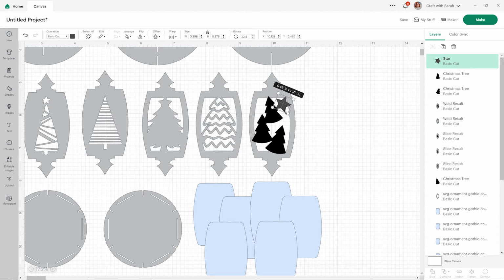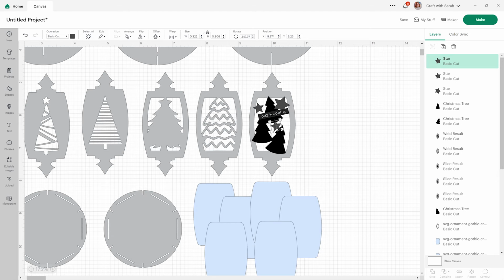At this point, it doesn't matter if your pieces are different colours, because we'll fix all that at the end when we come to weld it. Put a few stars in here. I'm going to leave that star not touching anything because it is quite small, so I think I can get away with it. And maybe one more.